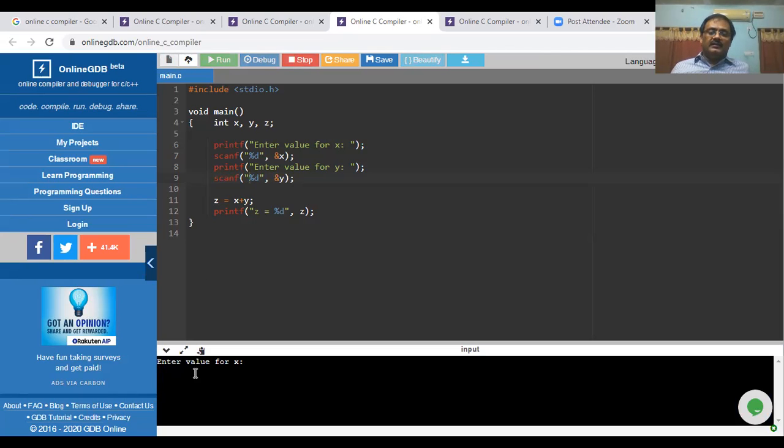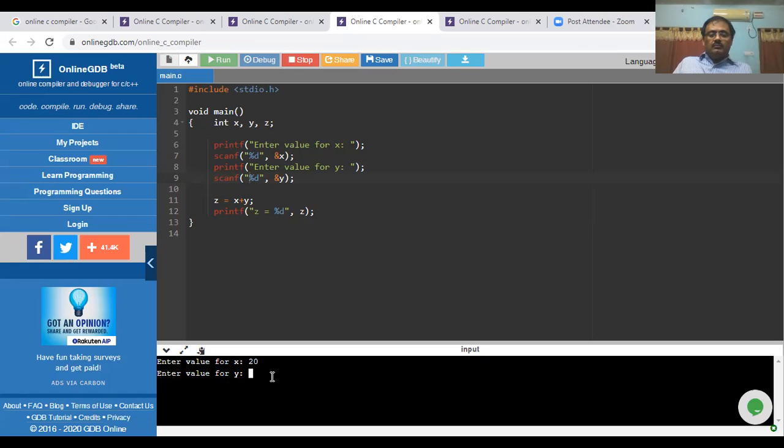You see here, this time the program makes a prompt asking us to enter a value for x. Suppose I enter the value 20 and press enter. Entering means we completed the job of giving the value, so that scanf will take the value and assign it to the respective variable. Now the program is again asking to enter value for y.